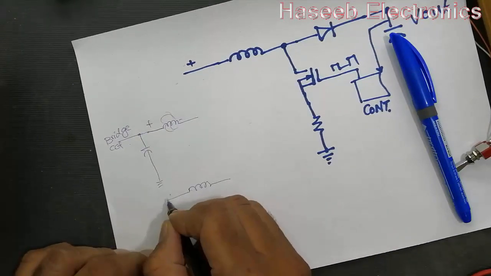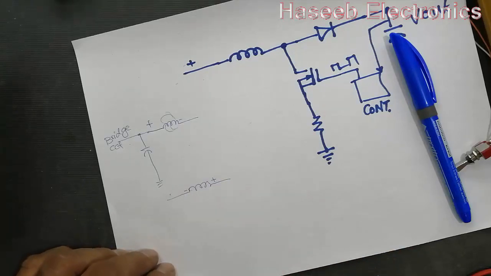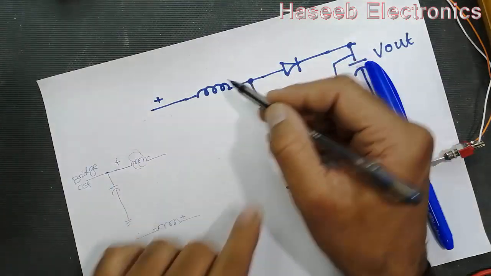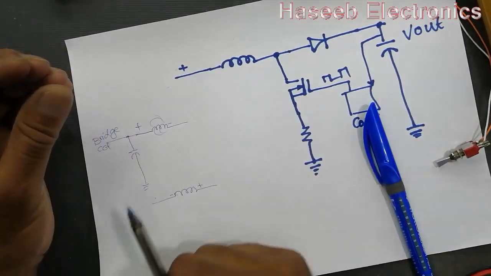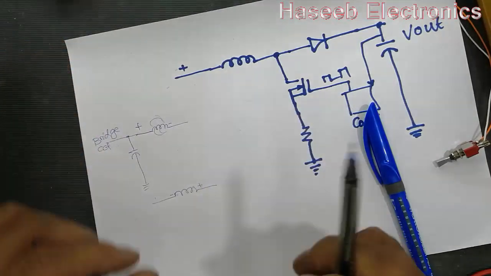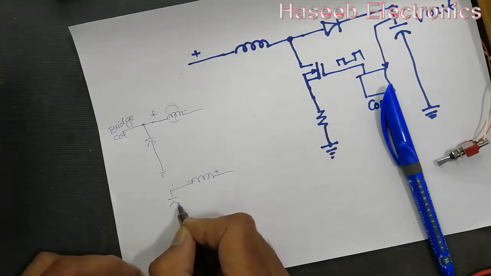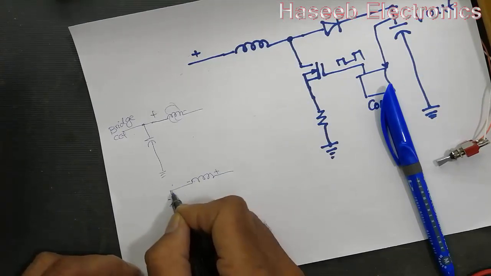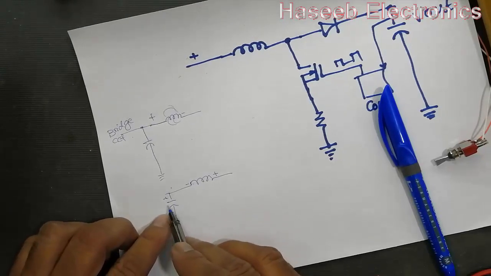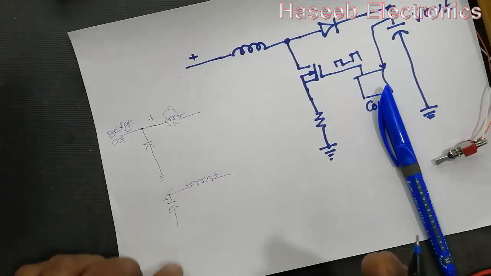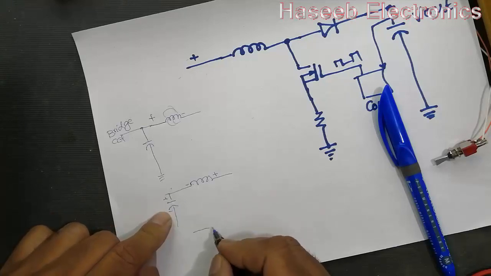So now, due to the magnetic field collapse, this end will become positive, this end will become negative. This end will become positive, and its voltage level will be proportional to the magnetic field, how much magnetic field has been induced. Now if we look here, this end is negative, this end is positive. If we consider this capacitor as a battery cell,